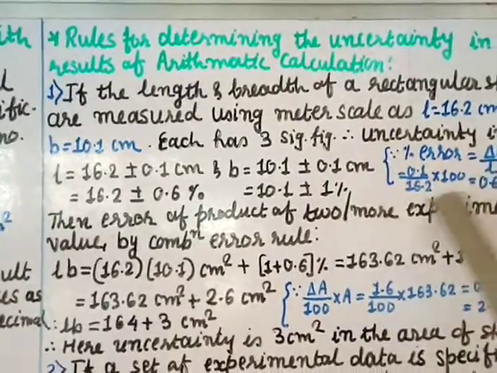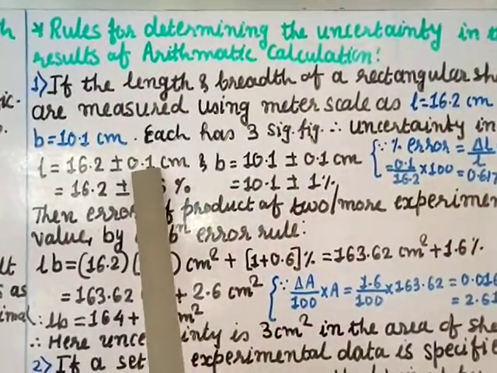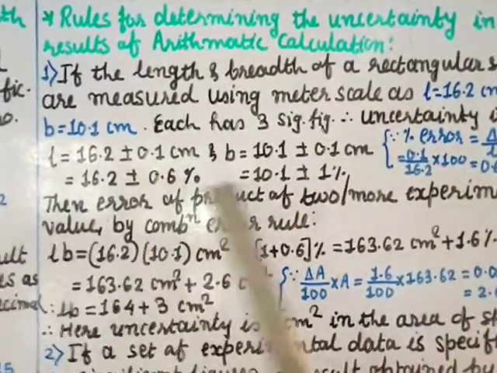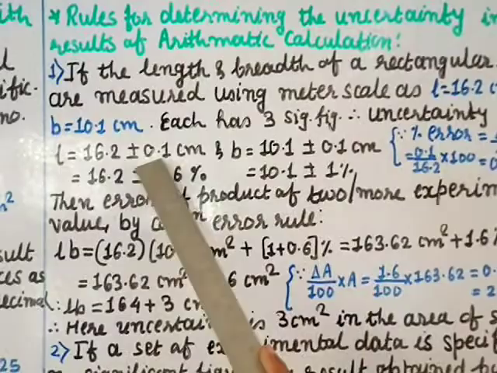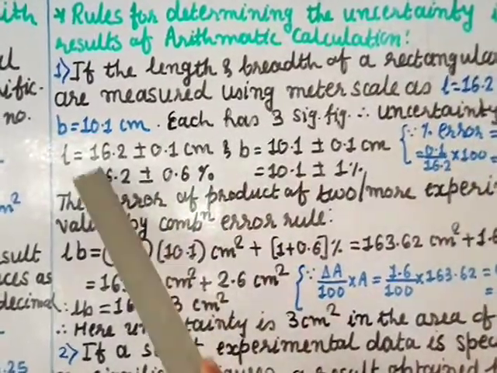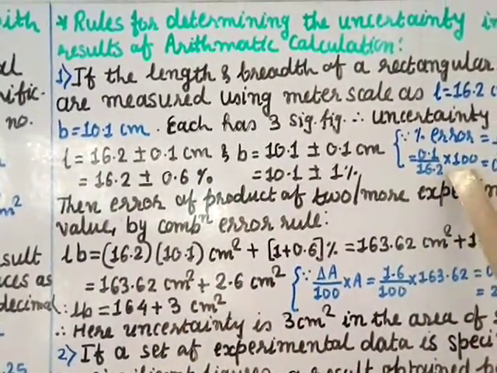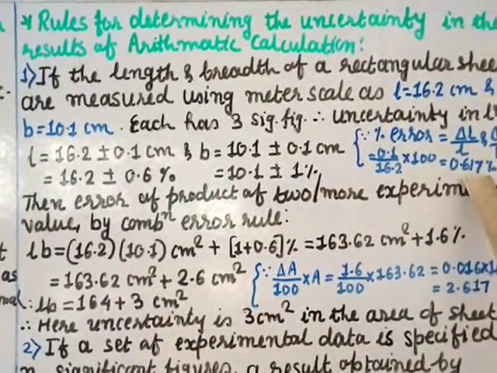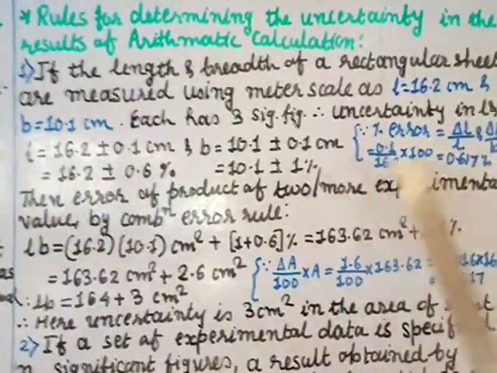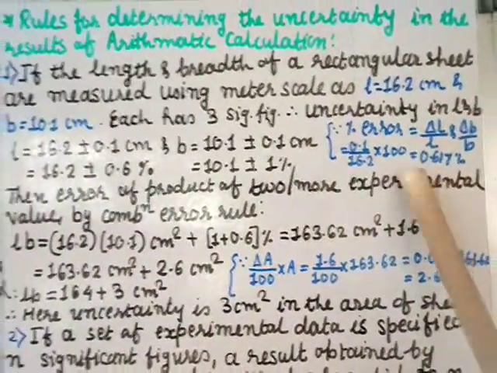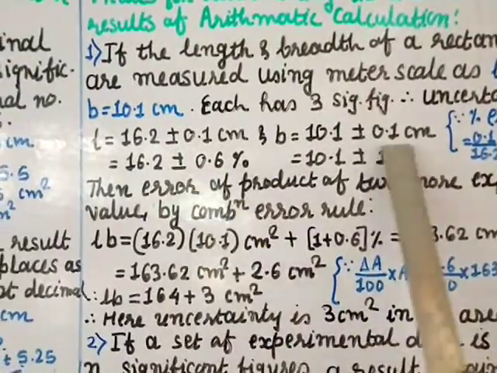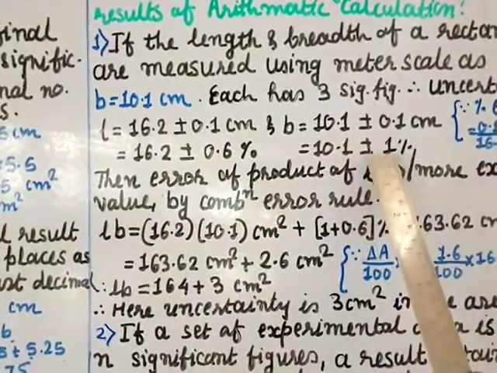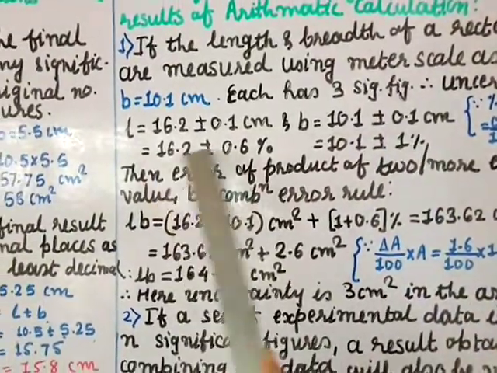Now using this percentage error, I am going to write this error in percentage form, for both. I have done the first one. Here delta L is 0.1, and L, the length given to you, is 16.2, into 100, because we are writing percentage. Multiply, you get 0.617, but the significant figure is 2, so I am dropping the 1 and 7, so you get 0.6. Similarly this also you can calculate: 0.1 divided by 10.1 into 100, which gives you 1%. So this is in percentage.